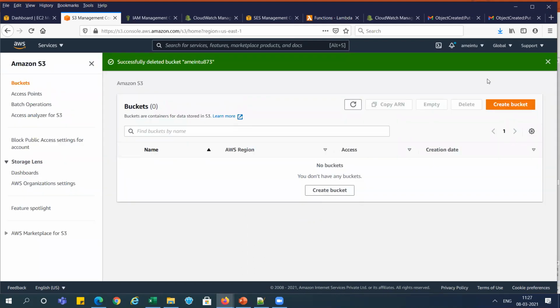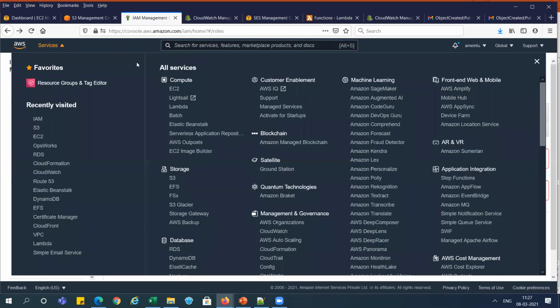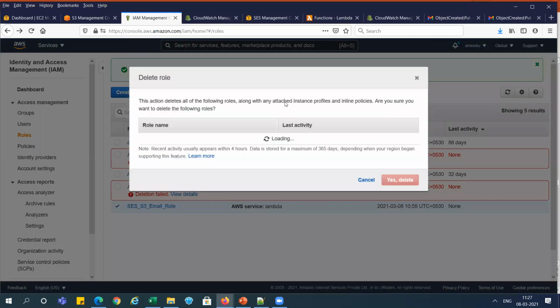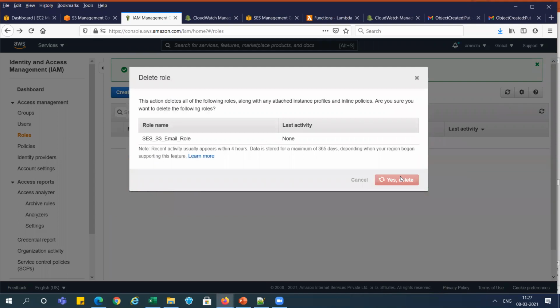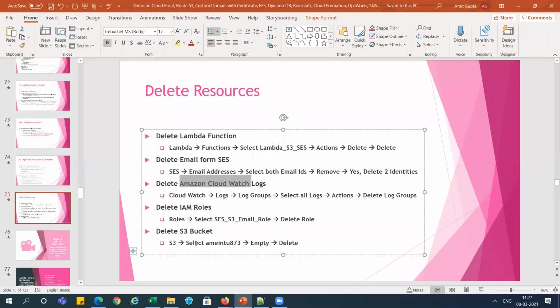This is deleted, right? Now the next one, go to the IAM roles, where we have created these roles. So go and delete the roles. Deleted, right? So we have done everything. Now we have completed this POC.